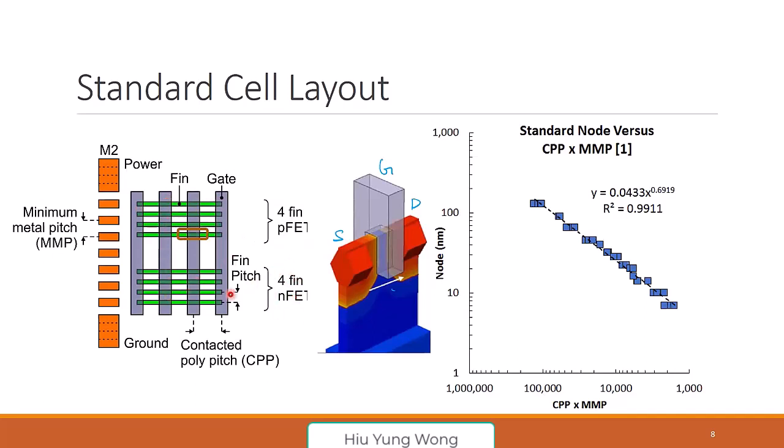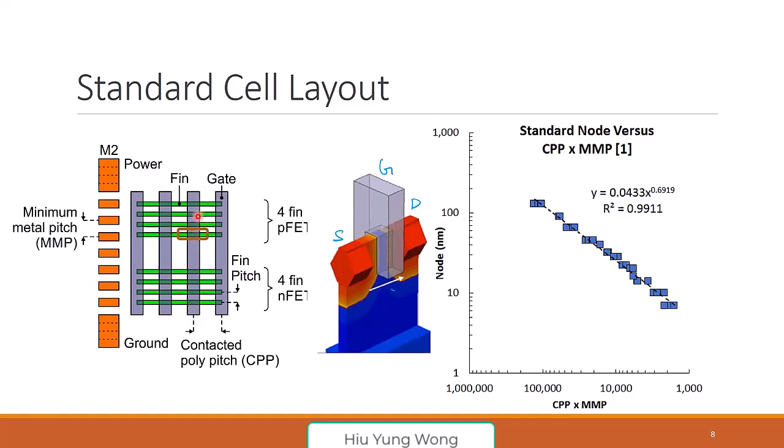And what do I want to tell you? The size of the standard cell is going to determine your final chip density. And you can see clearly 2 metrics. One is what is the minimum metal pitch. This is on another layer. Why is it important? Because it's going to determine how I'm going to be able to connect this fin to the metal and do the interconnect. And another is from left to right, the contacted poly pitch. This is